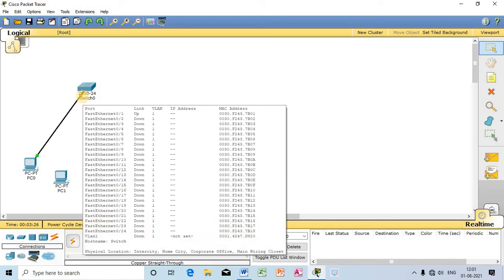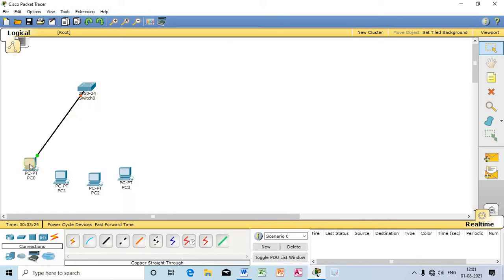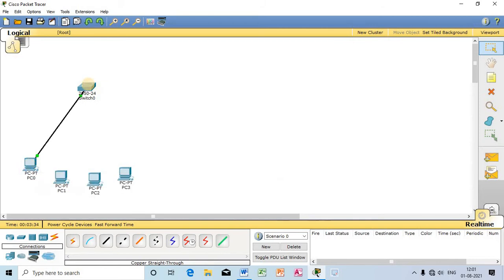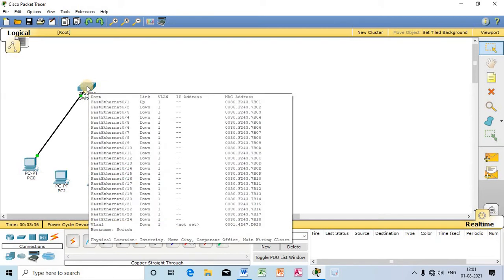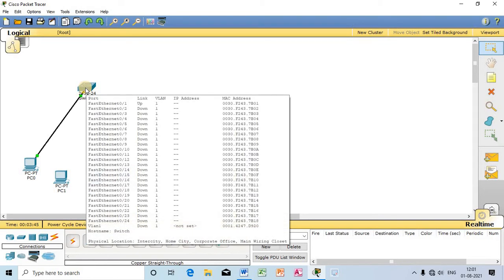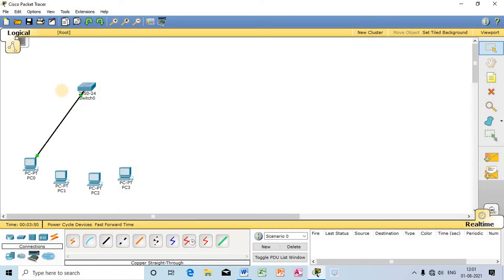The color stays orange. We know that a computer has a unique physical address, or you can say the MAC address, and the switch has a MAC table. So the MAC address will be registered in the MAC table of this particular switch for the corresponding ports where I have connected the cable. For this purpose it takes 50 seconds.